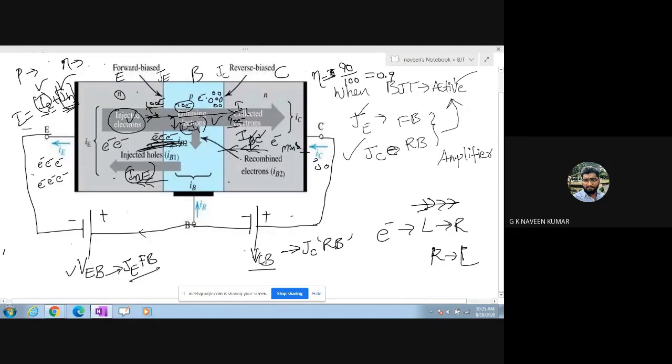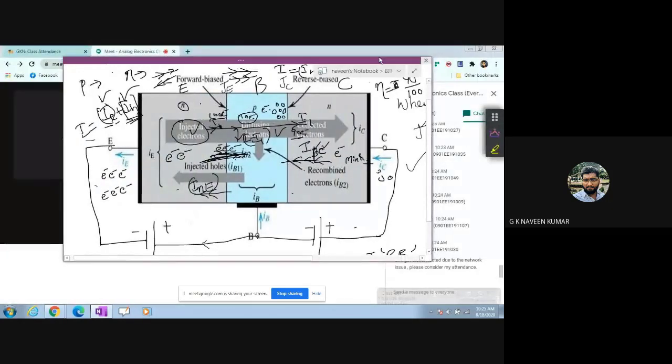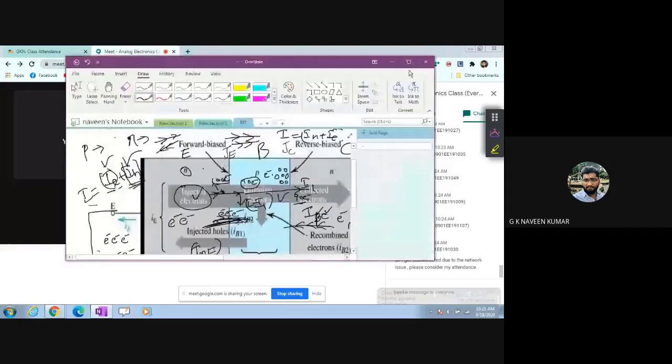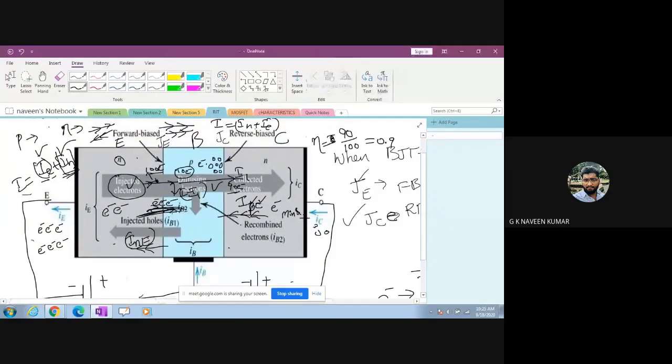The movement of electrons from left to right will contribute a current in the opposite direction, from right to left. If the holes are moving in one direction and the electrons in the other, then the total current is given by the hole current plus the electron current. Electron current is produced due to the electrons, and hole current will be produced due to the holes. This is how the current will be produced in the transistor.